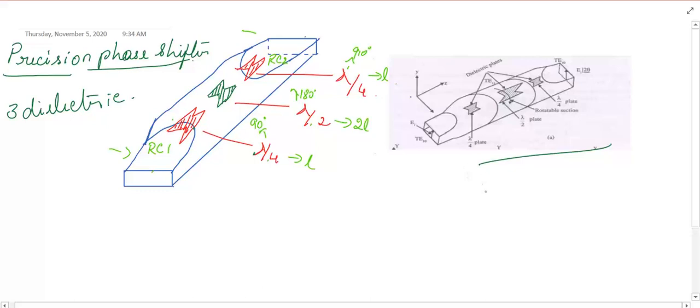If you want, we know that the phase constant is given by beta. I am considering it as beta L for the first place. What is beta? Beta is nothing but 2 pi by lambda, right? And L is nothing but lambda by 4. So lambda gets cancelled, and what remains is pi by 2. So if I need a phase shift of 90 degrees, then I have to use a plate that is of